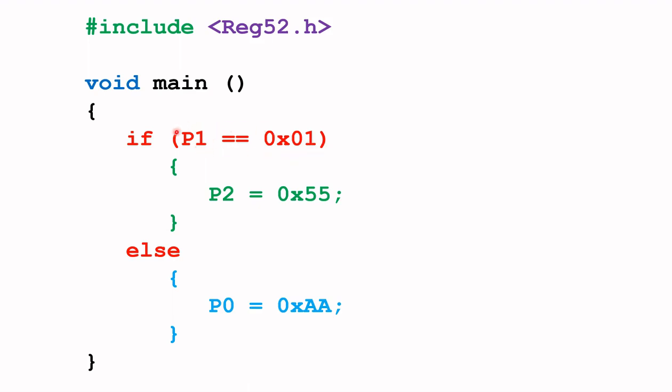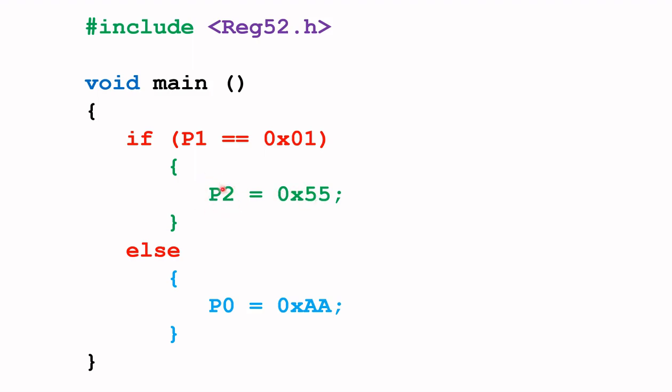So if port 1, P1, is equal to 0x01, remember 0x here shows that this is a hex value, then if this condition is true,